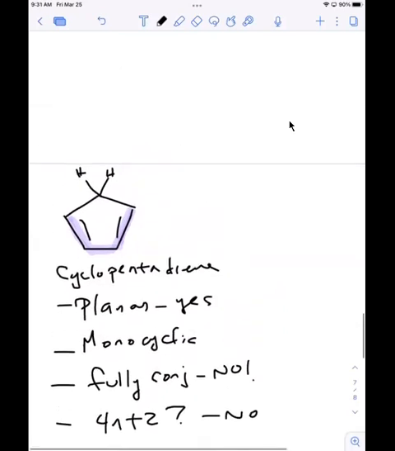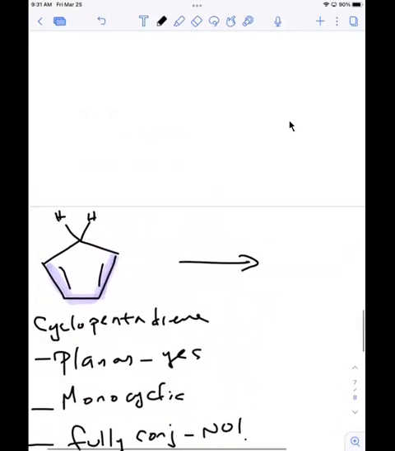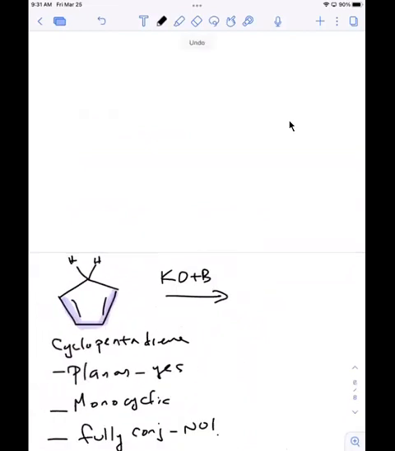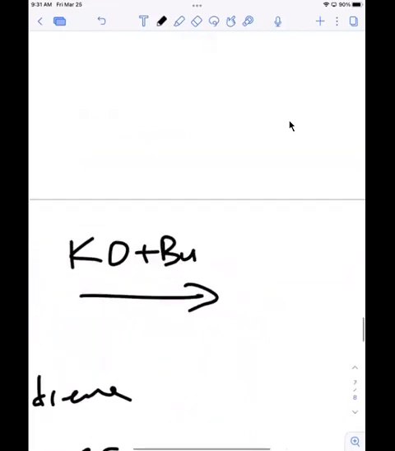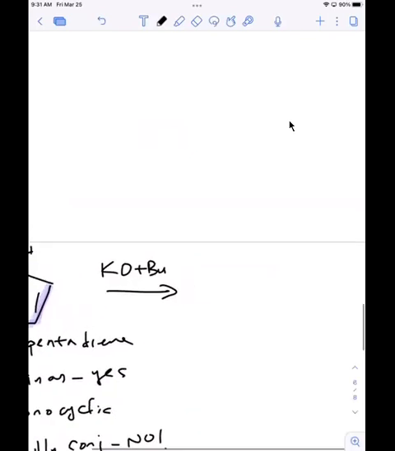But we can make this aromatic by doing a proton transfer with a strong base. So let's pick one of the bases we're already used to seeing. Let's use potassium tert-butoxide, which we learned about when we did E2 elimination, right? Very, very strong base. And when we use that base, that's going to give us